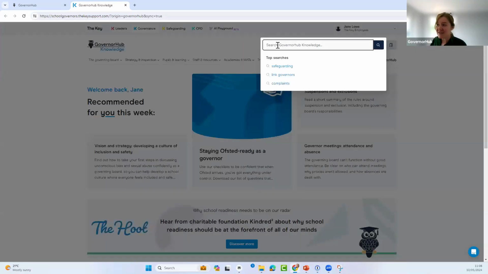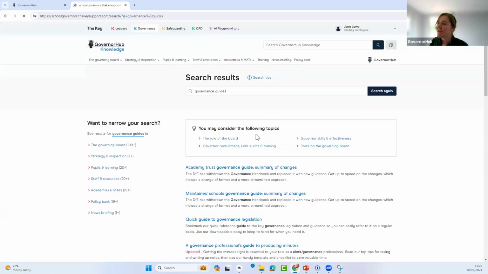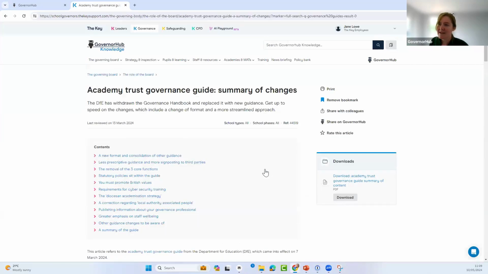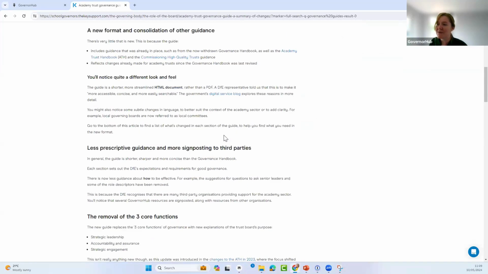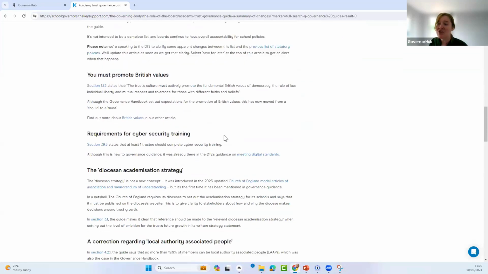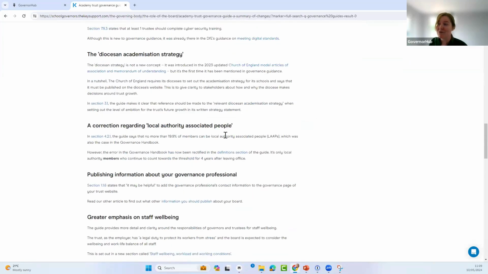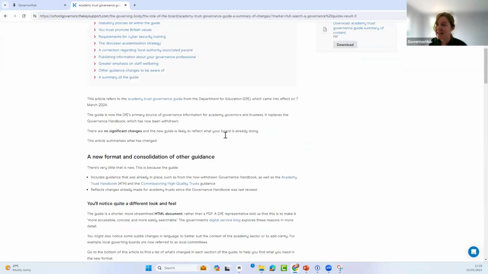So using the handy search bar, you can type in a keyword like governance guides, and straight away you have got here Academy Trust Guidance Summary of Changes. So a massive body of information has been condensed into an article that tells you everything that you need to know about those changes, with some very useful links there.